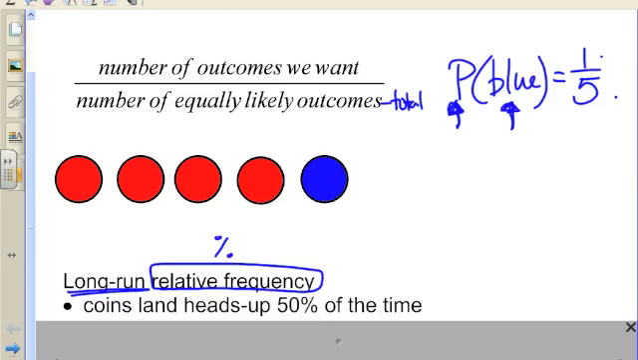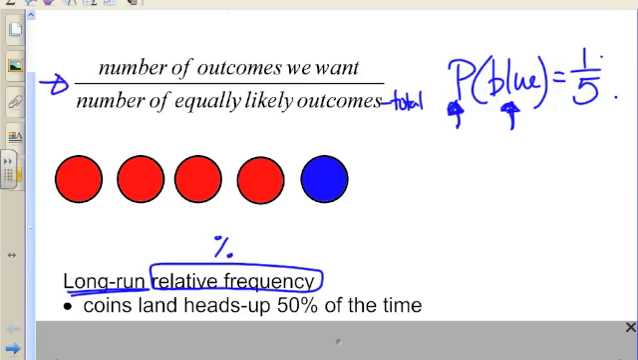Well, we talk about the fact that a coin lands heads up 50% of the time. Not because if you flip a coin 10 times you get exactly 5 heads, but because in the long run, that's what happens. And there are other probabilities we can't figure out this way, so we simply observe what happens